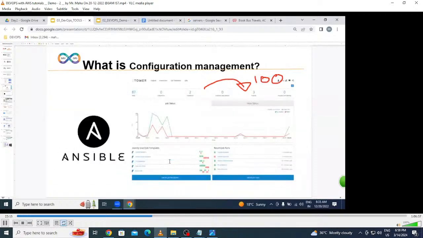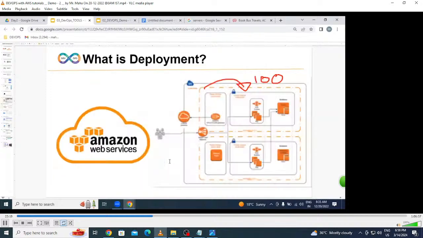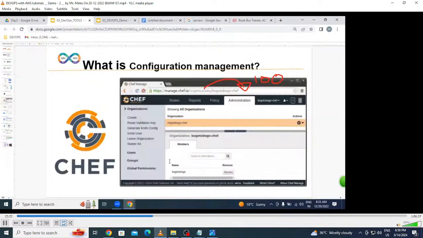But which are all the tools we are going to be using? Ansible and Chef. Ansible is a push model. Chef is a pull model. Understood very clearly. But if you want to automate on hundreds of servers,